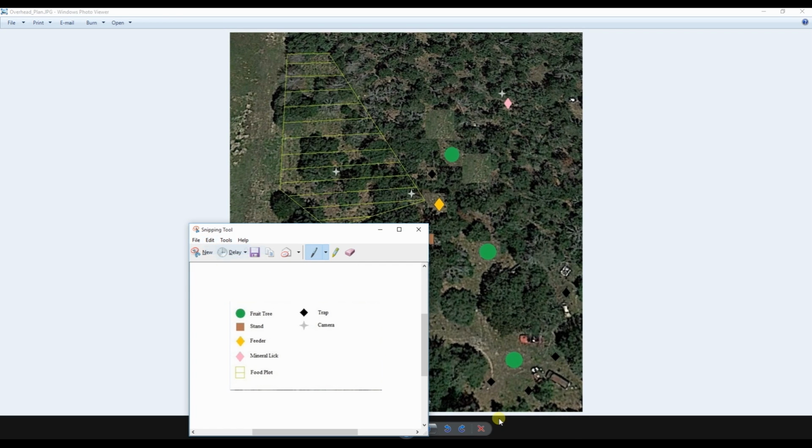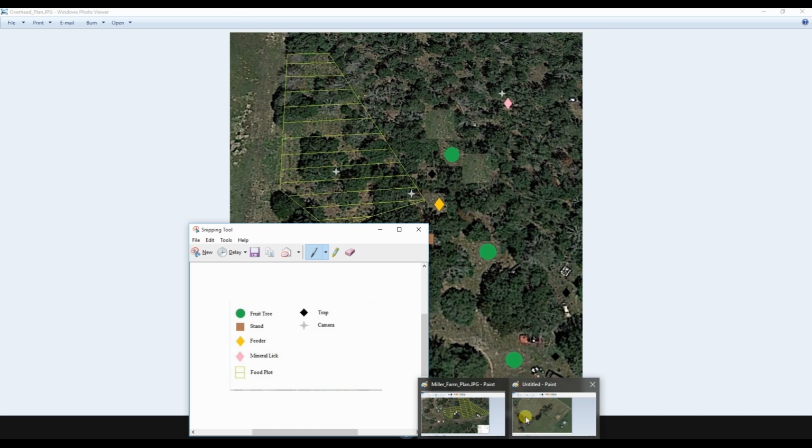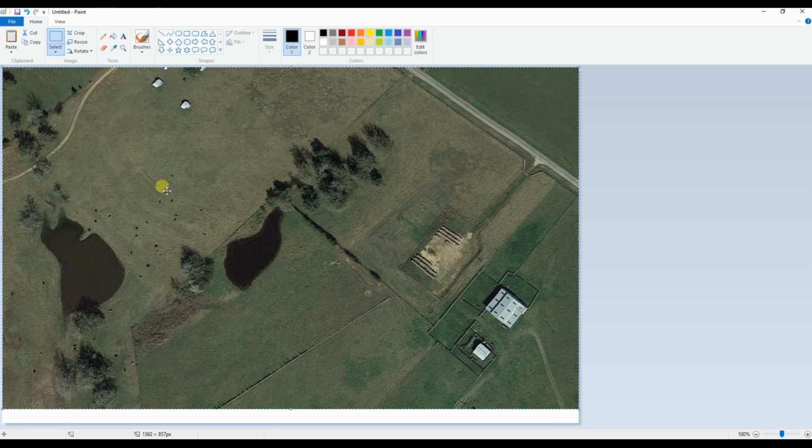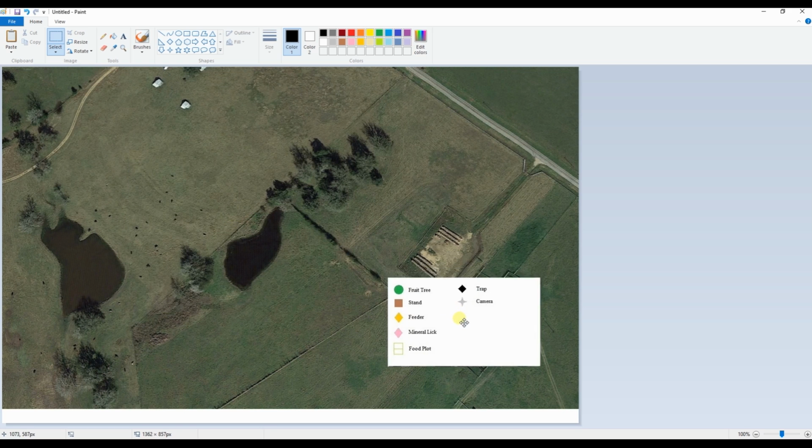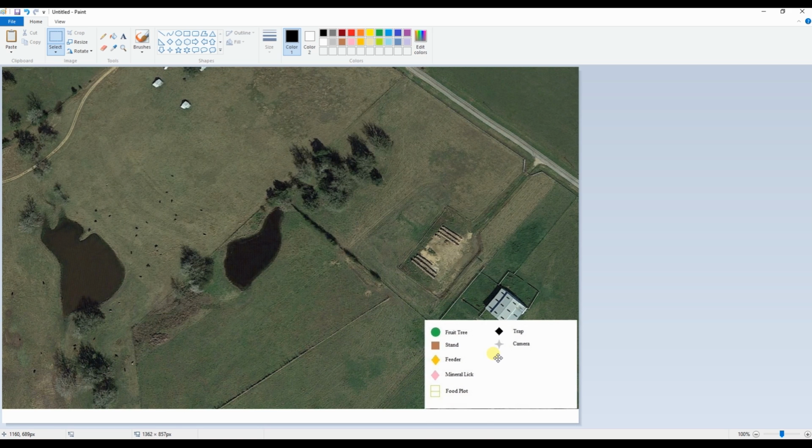Copy that. And paste it in. And then I could put it like this and say, okay, well, now there's my new map with the overhead,